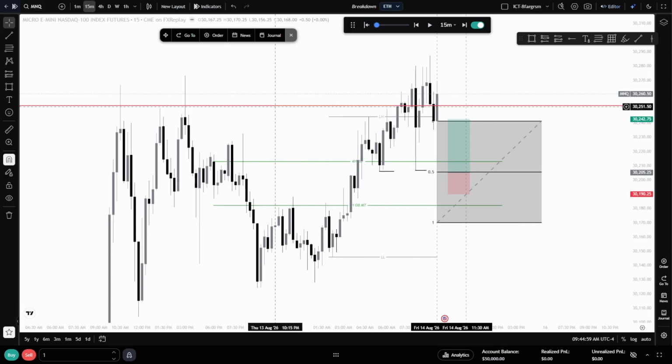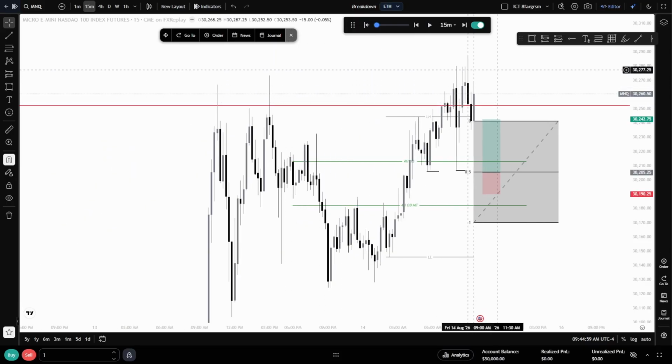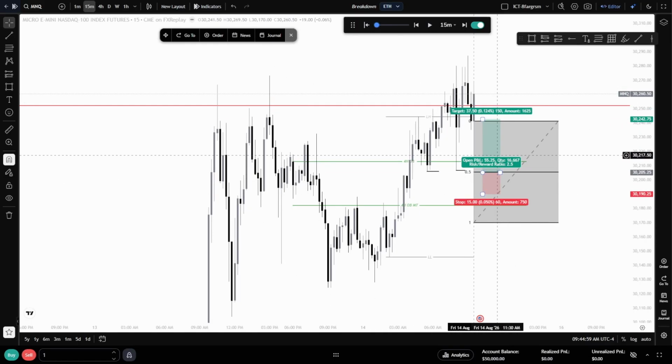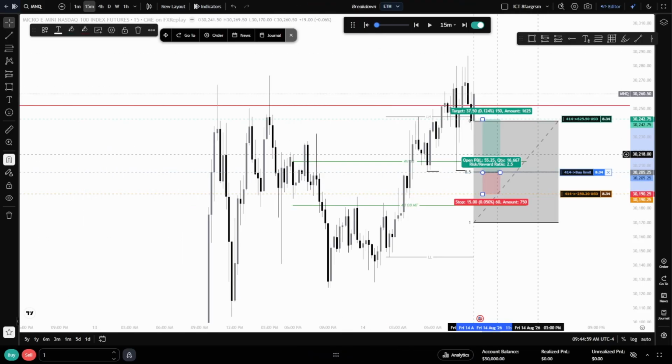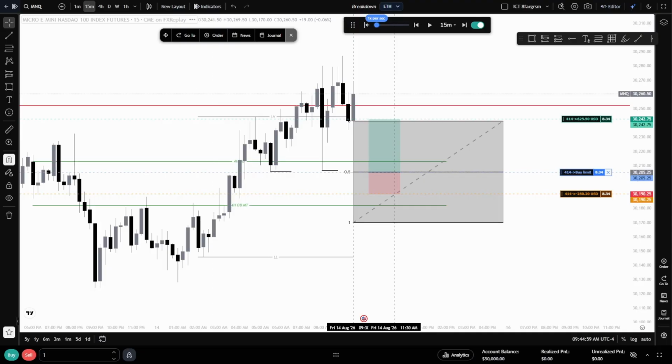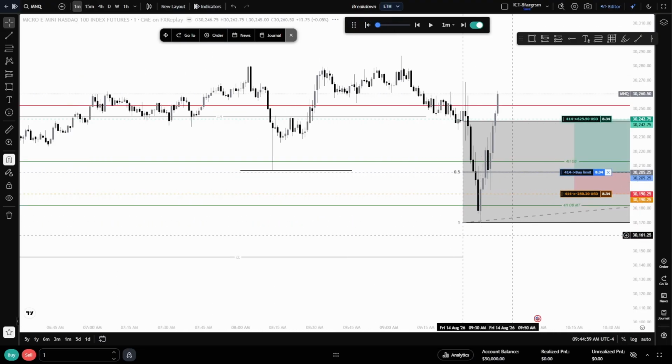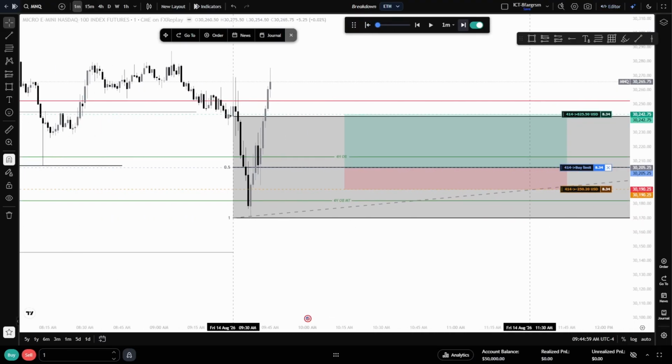Narrative is important, so I didn't expect us to push any further higher right now, but I already secured my profits, just left a runner, but still mindful that we are trading off of this daily order block level, so price can still go lower. And we'll just see, place that there. Let y'all watch this entry play out. Go down to the 1-minute time frame, see what happens.